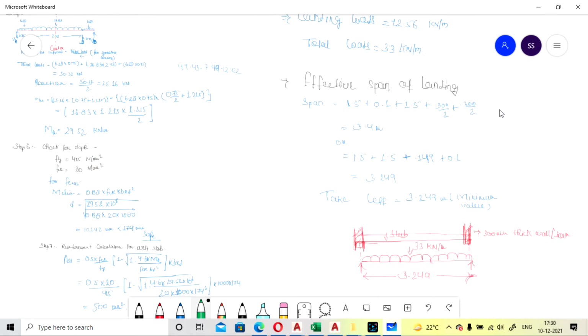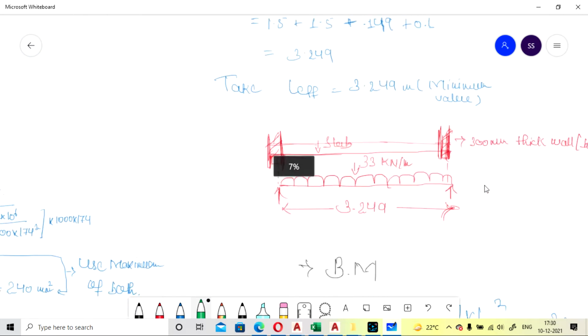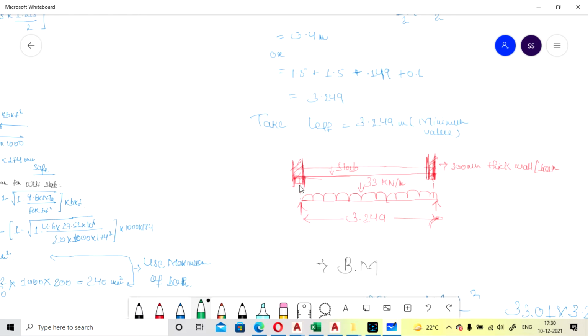I will show you the landing. This will be the section, and these are the walls that were going side by side of the landing. So this is the landing slab.